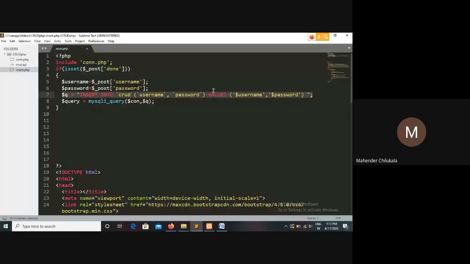Not here, in your PHP. Okay. So insert into username, password values, username and password. Then execute the query. Query is equal to mysqli_query. Okay. Now run your code.